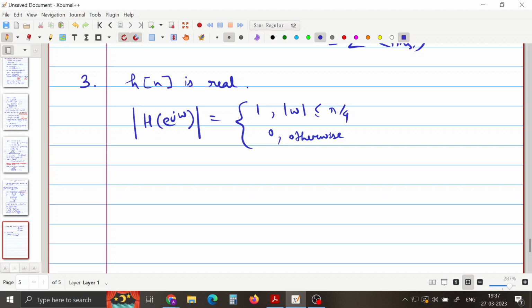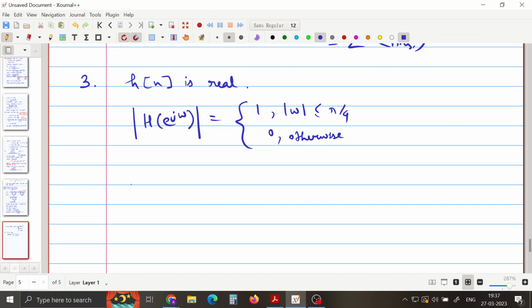Actually, the function will be sine of pi by 4 n. It will be there. That's h of n value. That's fine. I'm not asking about that actually. So